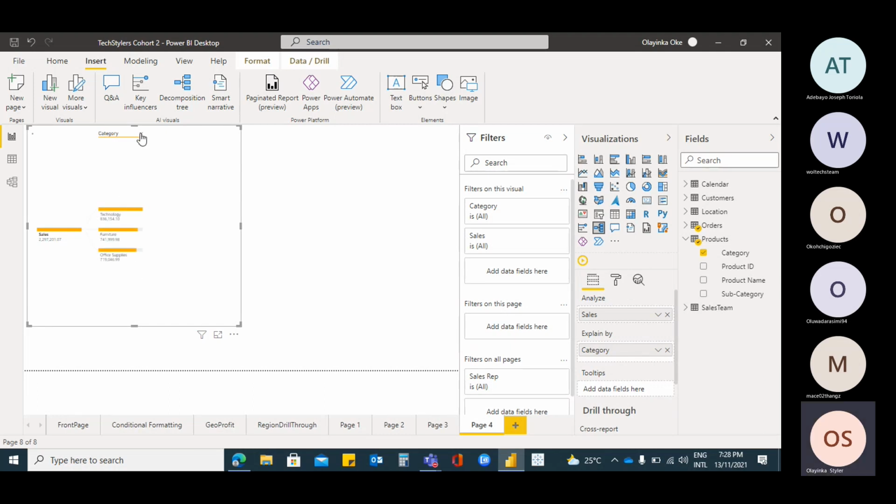But if I go back and I say high value, it's taking so long. So you can see that technology is now bold, showing that technology is the category with the highest sales value. And then if I say low value, office supplies is now bold, showing that office supplies has the lowest value. So basically, that's how